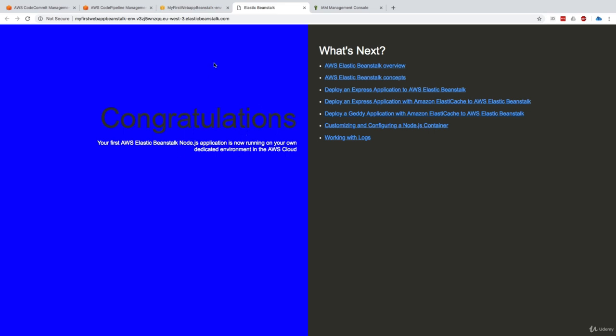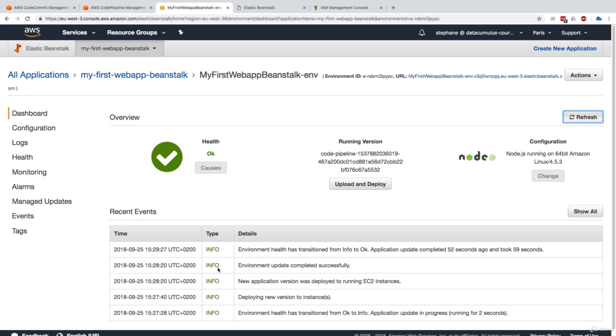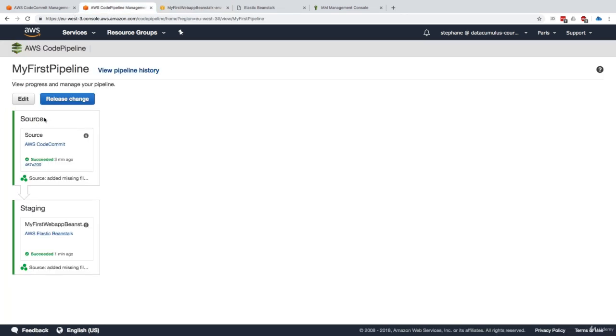So my new app has been deployed into Elastic Beanstalk, and we can even look into Elastic Beanstalk and refresh this page. And it turns out that yes, a few minutes ago, there was a new application version that was deployed to our environment. And so it turns out that Elastic Beanstalk is now running the version called Code Pipeline. And here is the big name of the Code Pipeline, which is really awesome. So basically Code Pipeline just deployed to Elastic Beanstalk for us all the way from the source CodeCommit repository. And so we can start seeing the ability to make things really good. So we can play a little bit further with this.